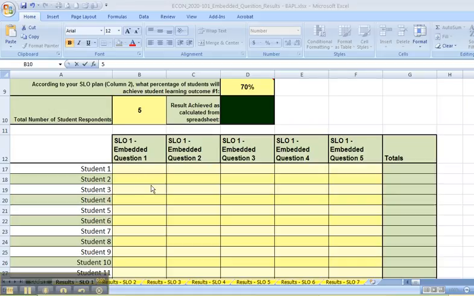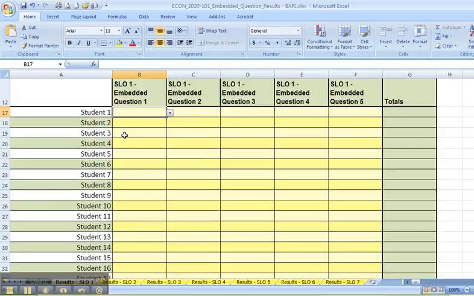To begin the bottom of the spreadsheet, it is not necessary to enter student names. However, you can if you want to. Simply complete the yellow boxes. So next to student 1, if I have only 5 students, I'm only going to fill in, for students 1,